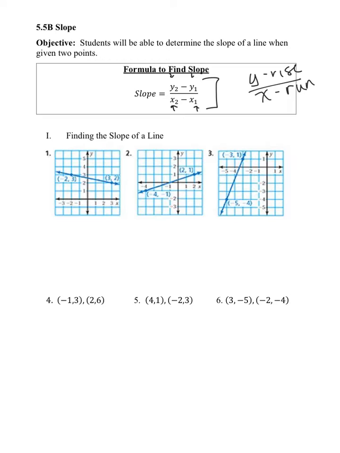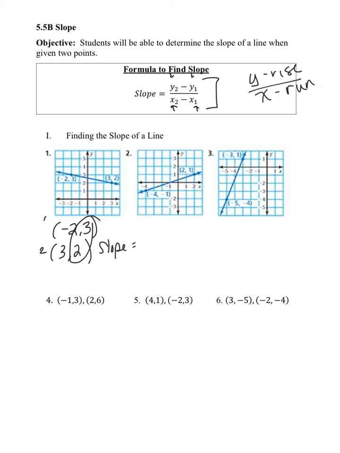You take your 2 points. So we're going to take this first point of negative 2, 3. We're going to call this point number 1. And we're going to call 3, 2 point number 2. So I'm going to do the change in the y's. So these are my y values, 3 and 2. So slope